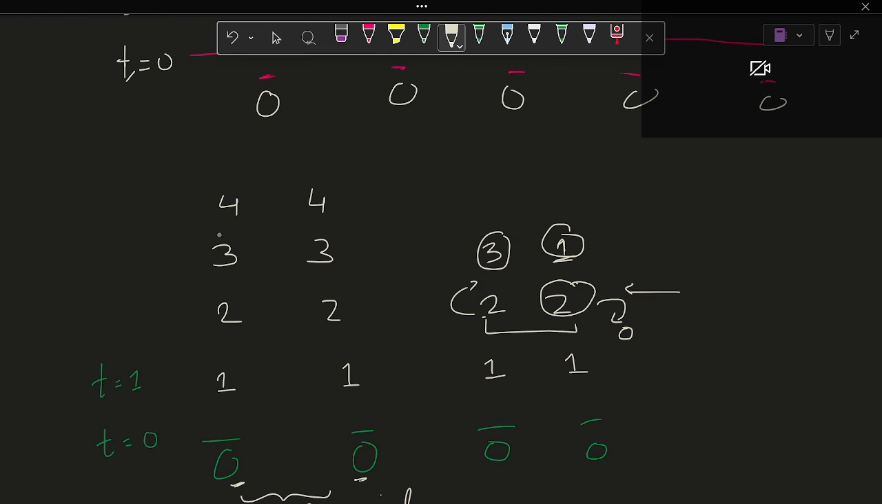Now let's look at t equals 4. Suppose this stove 2, this stove 3, this was decreased to 0. Then in the final step, this will have 1 and this will have 2. Now notice that the stoves which are not special to me, at any point,